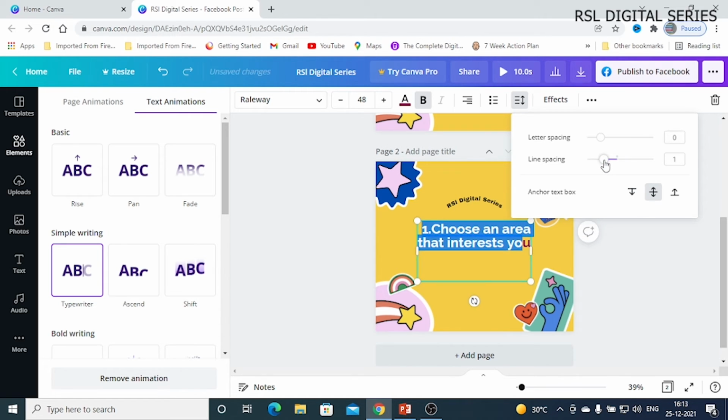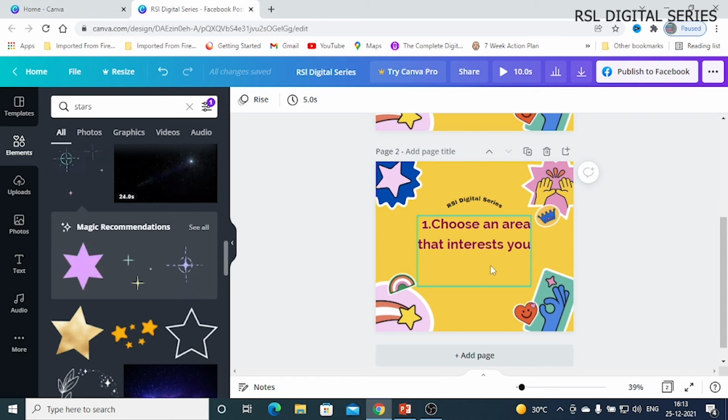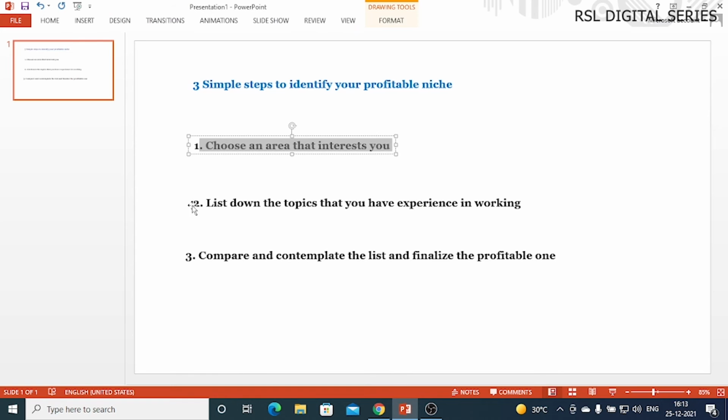If we change this line spacing, I will keep it at 1.5 now, 1.47. This is how you have to set the alignment. Now again you have to duplicate it and then paste the second step here.